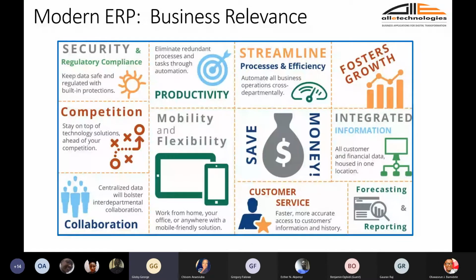And finally, the last box that you see is forecasting and reporting, which again becomes very critical. I do not know how many of you are from the finance department, but